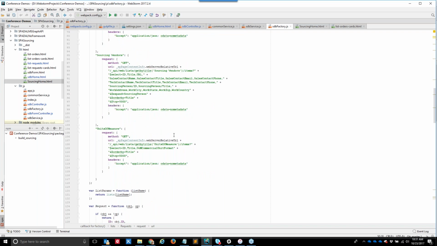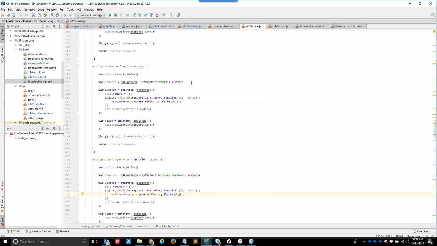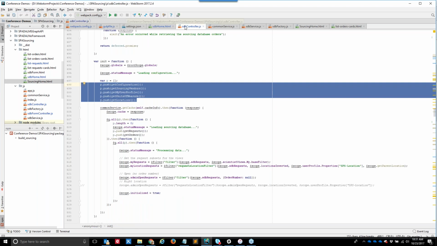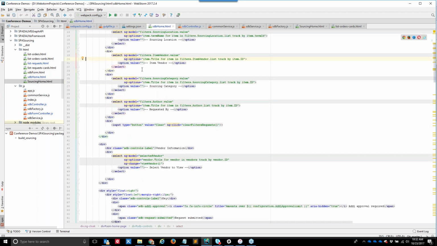So I define all of those REST calls here because I look at this as basically data. These requests are stored as URLs that are essentially data. The service that I have built up actually makes a call into that factory to get the parameters to do things like retrieve from the orders list, processes the data a little bit, passes it back to the controller. And then in that home page, we have what's called data binding.